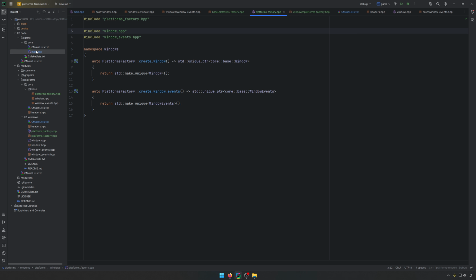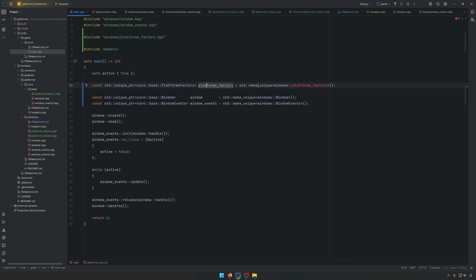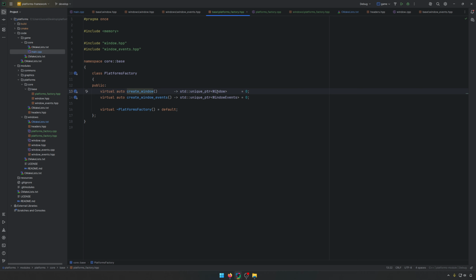And now, how do we use this? It's very simple. Let's call it with a proper name. So here now, instead of caring about whether this should be a window or a Linux window, it doesn't matter. In the end, how we will use it: platforms factory, create window. That's it. And platform factory, create window events. We can use auto directly, and this will ensure that we are creating